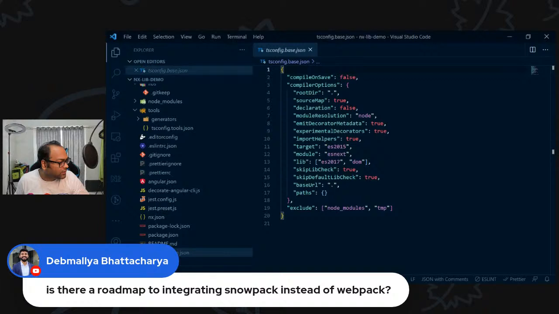Is there a roadmap to integrating Snowpack instead of Webpack? I think this is something the Angular team has to decide. I'm not sure they are going to move away from Webpack because that's the best tool they have right now, and that's what they are using. But I'm sure there might be some community builder which you may see in the future, or if you are interested, you can build your own. I'm not sure what the advantage is. So if you want to try it out,